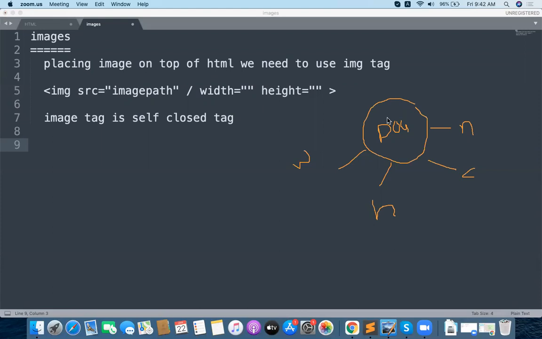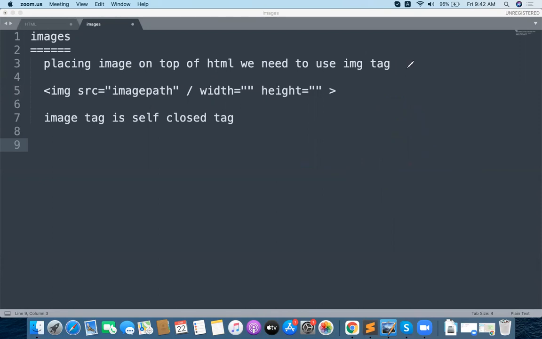At the same time, for each and every element, there are some predefined attributes available. Those particular attributes we have to mention. Without mentioning those attributes, that element is not actually visible to you. If you miss the basic attributes, the element is not able to be visible to you.